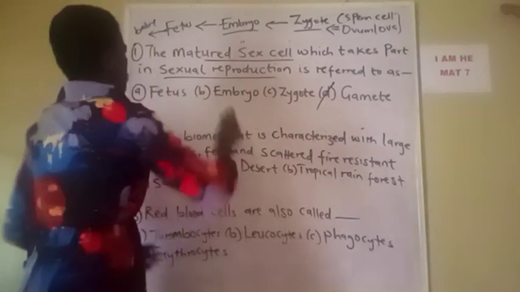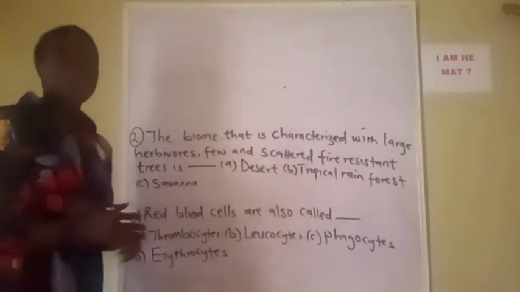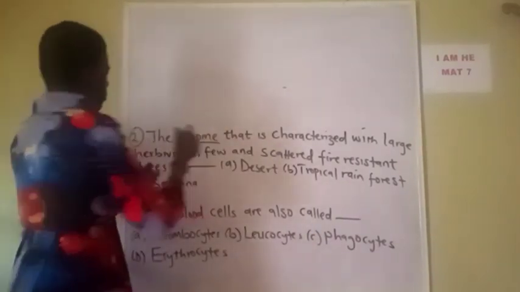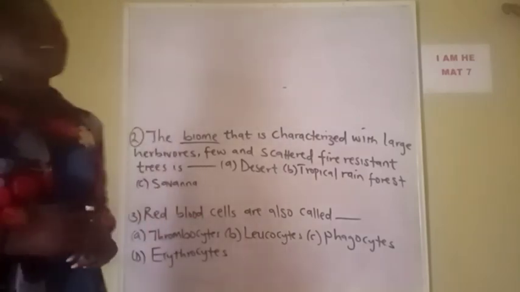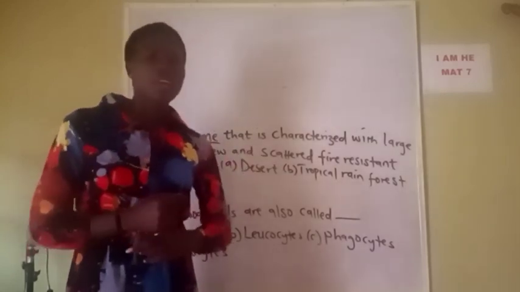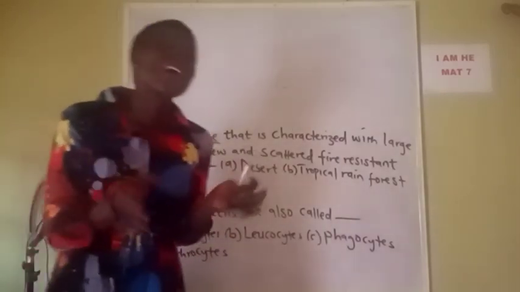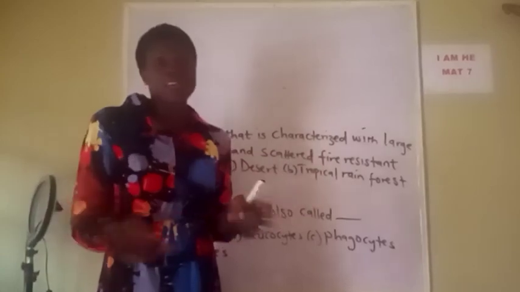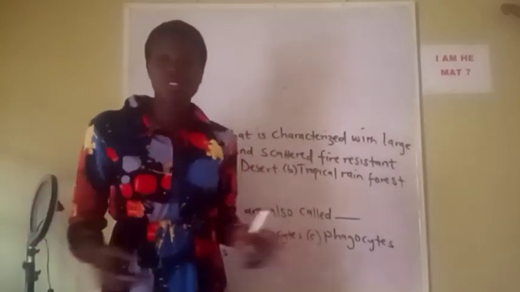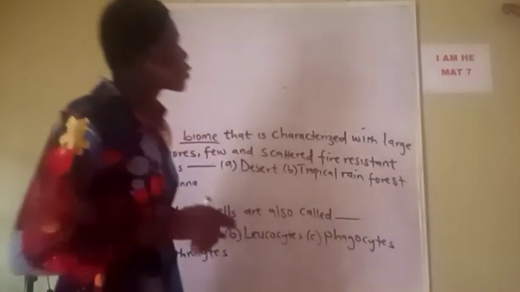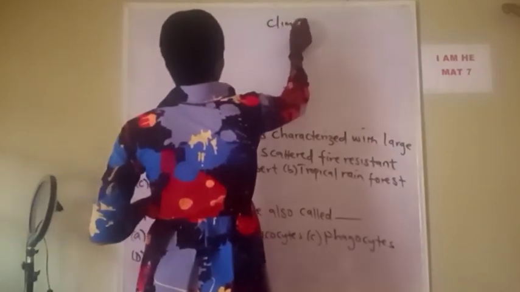Let's analyze this as well. What is a biome? Let's define this word so you understand what a biome is. A biome can be defined as a large geographical vegetation that is characterized by specific species, that's plant species, animal species, and also climatic factors. Okay, so the climatic factors, let me write it out. The climatic factor,